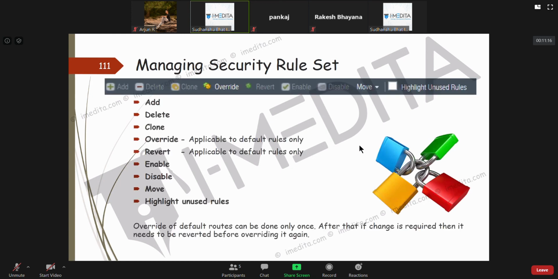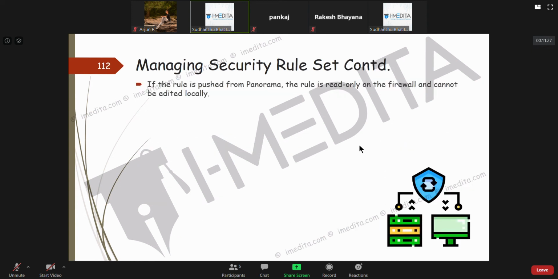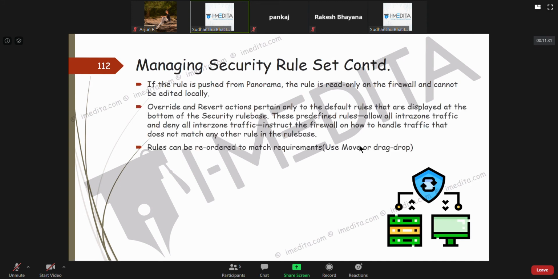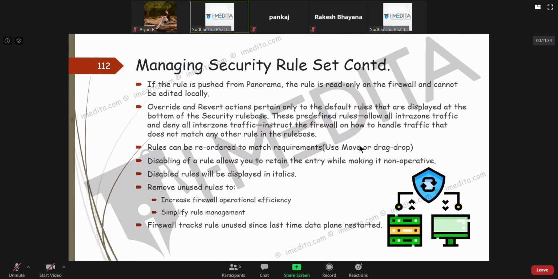I think here we had discussed the day before yesterday. So yesterday I discussed, if a rule is pushed from Panorama, basic power management thing.